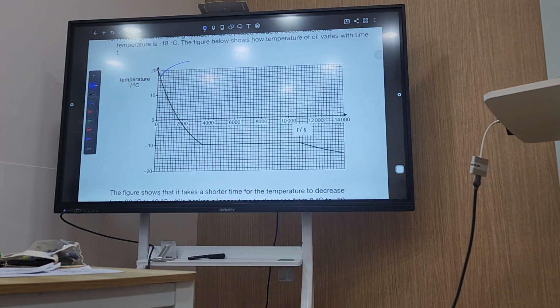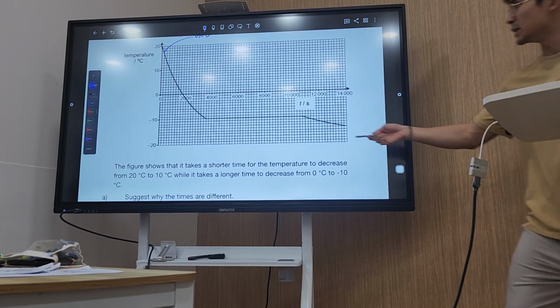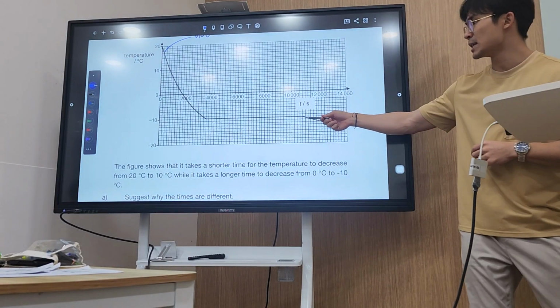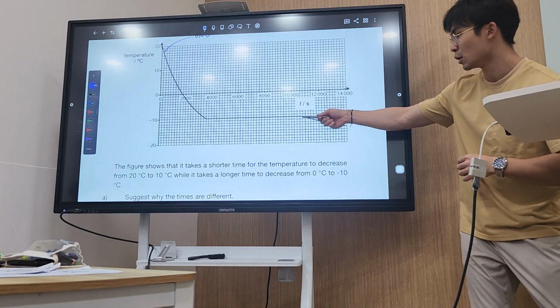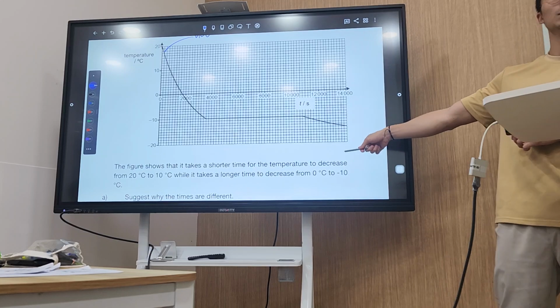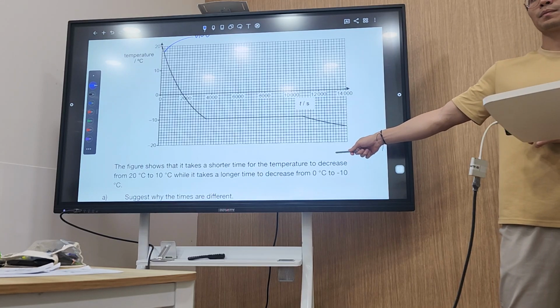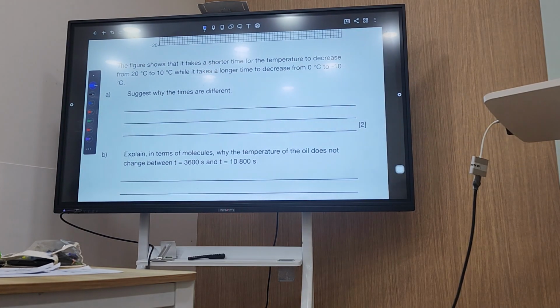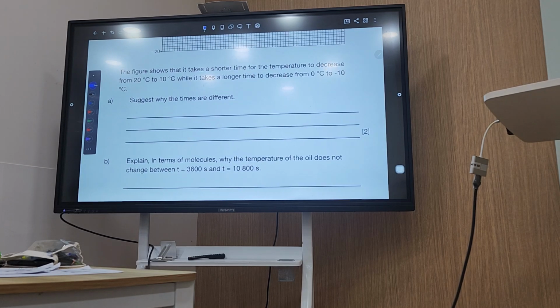Because at this point it is still considered hot, 20 degrees. When you compare it to the freezer, it's a very big difference in temperature during that period, so it will lose heat very quickly. Comparatively, over here it loses heat a lot more slowly because now it's a lot closer to the temperature of the freezer. Make sense? So when we are explaining why the time is different,